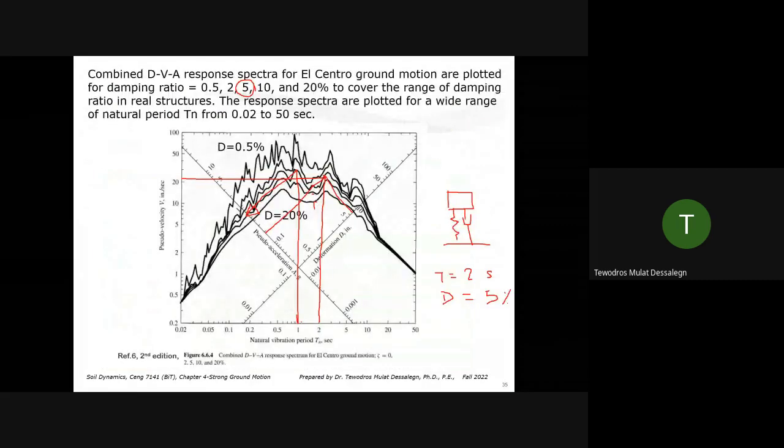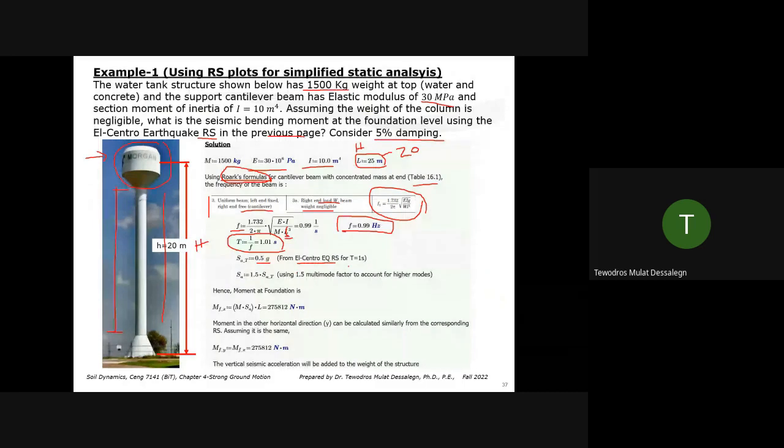If you see it here, I may not be doing it exactly correctly: 0.1, 2, 3, 4, 5. This one. I missed it a little bit in the plot. So that's how you get your acceleration. Once you get your acceleration, which is 0.5 g from the El Centro earthquake for a period of 1 second,